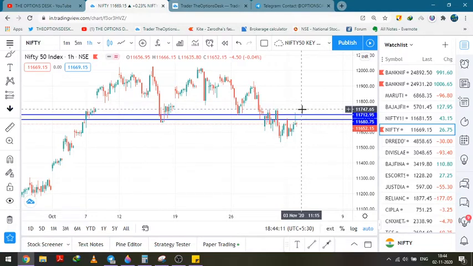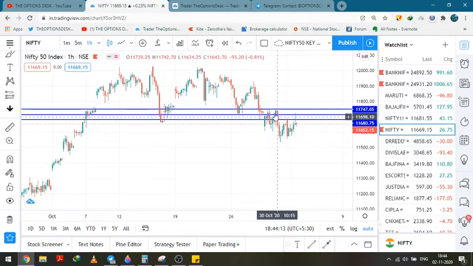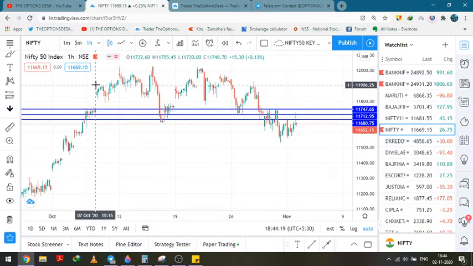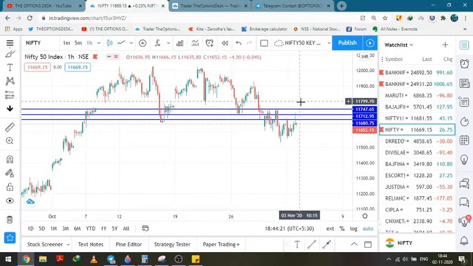Now the next resistance, that is the interim resistance, would be at this level. The market could not break this level twice. Then resistance was found somewhere here, and then the resistance held until the market opened gap up the next day. So this was the resistance for the Nifty 50, and the final resistance stands at this particular point.